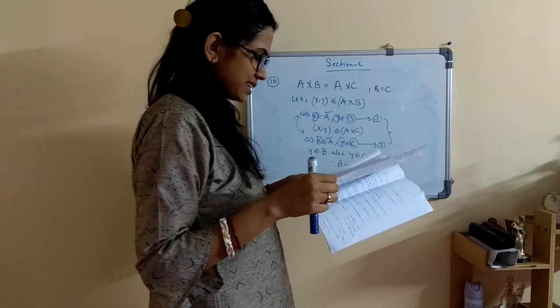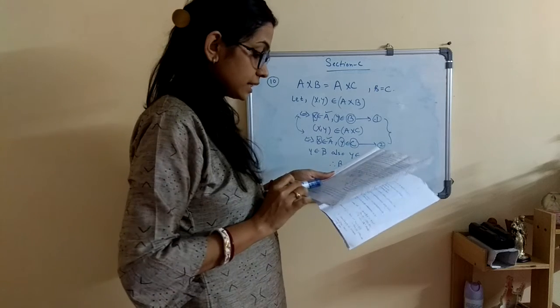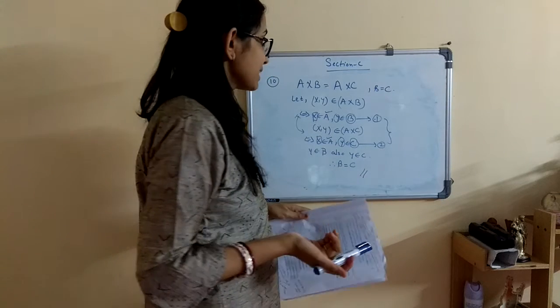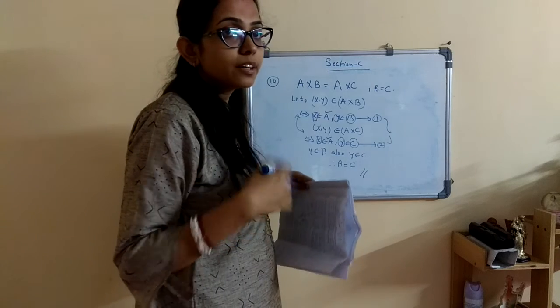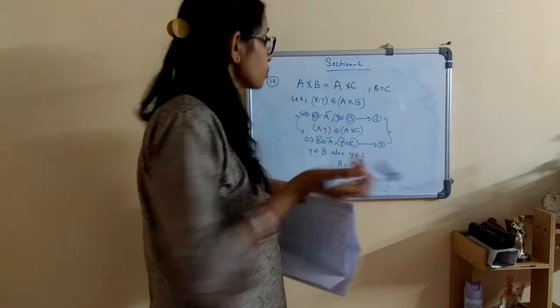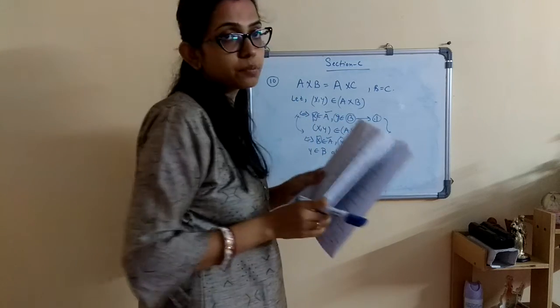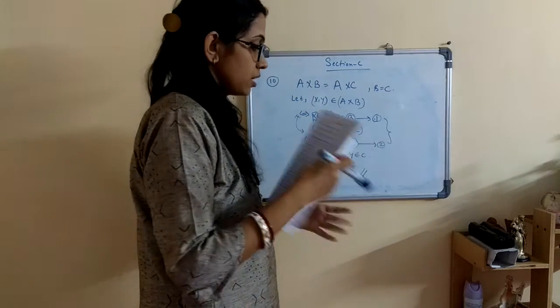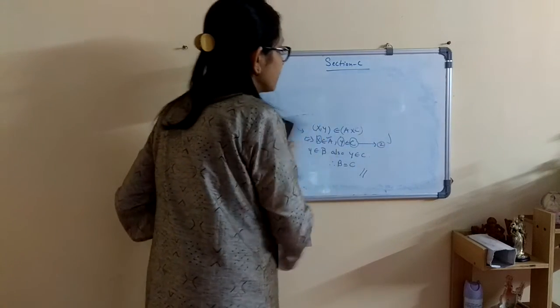So this was a very simple question, and the condition that is given, A and B are two non-empty sets, means phi is not the element of A and B. There will be some elements. So I have considered X and Y to be present in the Cartesian product of sets A and B. So the next question, let us see question number 11.